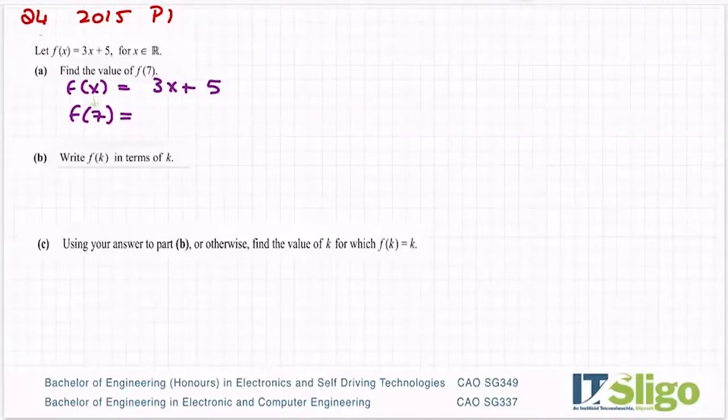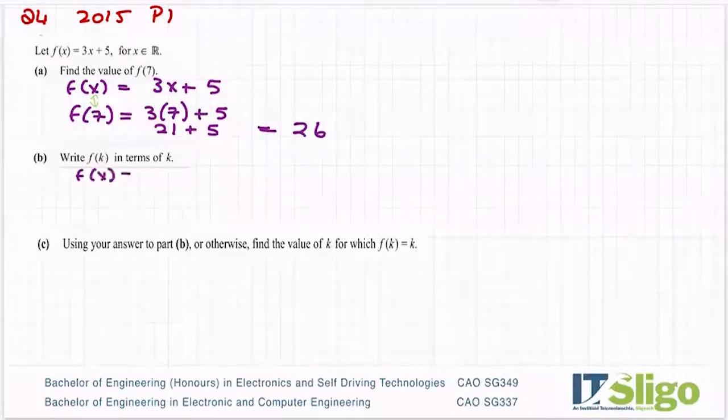Okay, so it's equal to 3, sub in the 7, plus 5. So 7, 14, 21 plus 5 is 26. Okay, so f7 is 26. And that's it. Okay, so when they then tell you to get f of k, you use that exact same thinking,